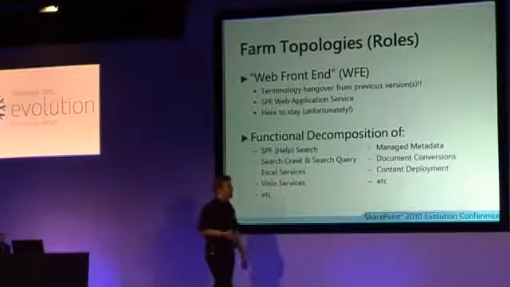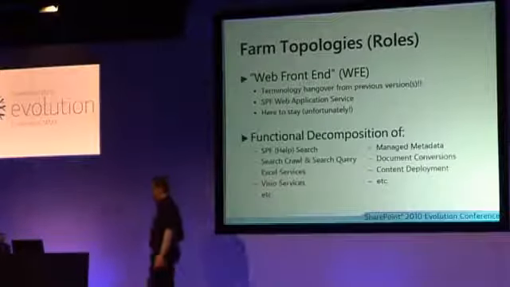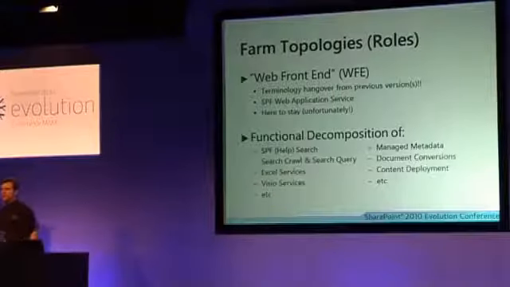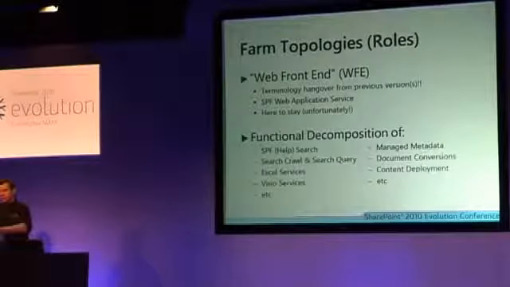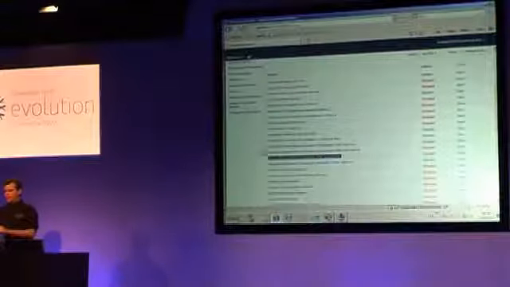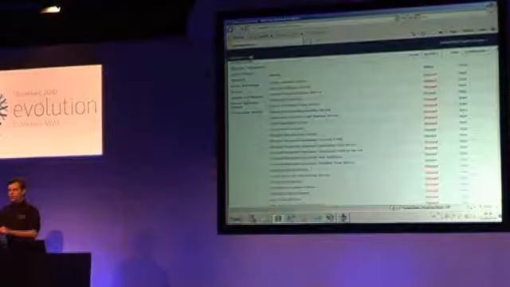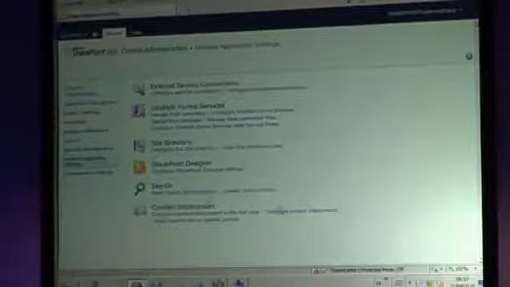We also have some things like content deployment, which also have the ability to specify machines in the farm for a particular operation. And content deployment has an import and export server. So again, if we switch just briefly back to this machine, in between C and D here, I don't have any content deployment service per se, but if I went into the content deployment settings, and I'm praying this works because I haven't actually tried this.